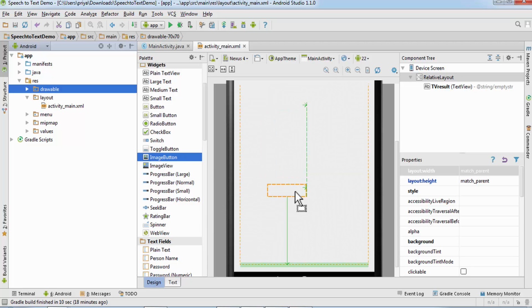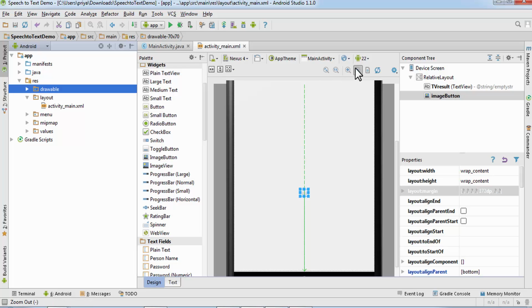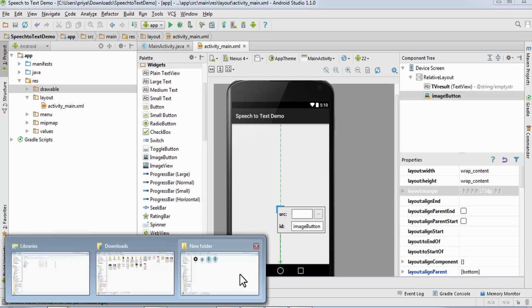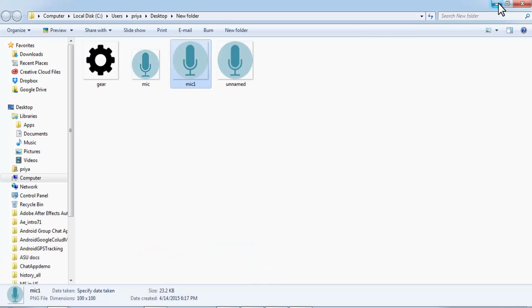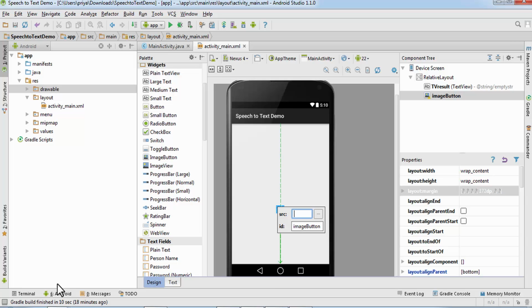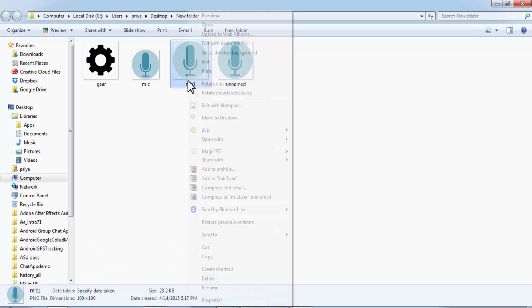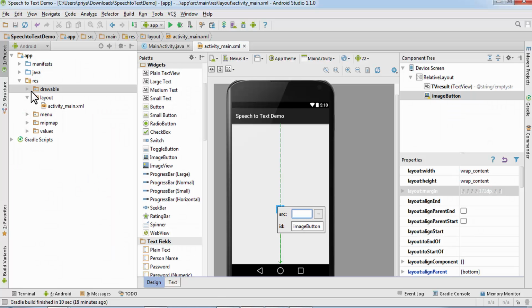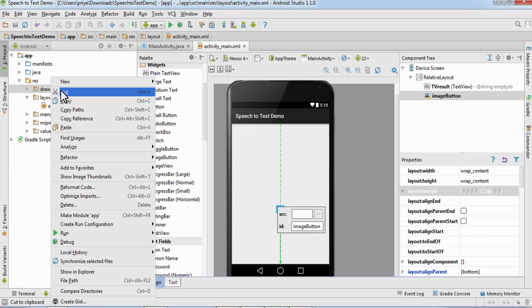so just drag it about here and double click on it, and we are going to set a source. I have already downloaded this image, so I'm going to copy this from here. Just right click and click on copy, and in the drawable folder right click on it and click paste.